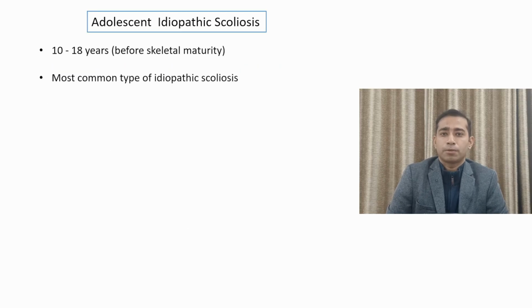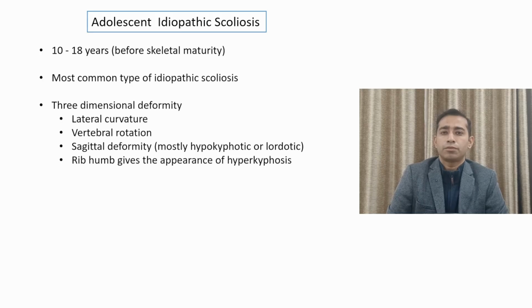Adolescent idiopathic scoliosis presents between 10 to 18 years of age and is the most common type of idiopathic scoliosis. It is usually a three-dimensional deformity. The three dimensions are lateral curvature, vertebral rotation, and sagittal deformity, which is mostly a hypokyphotic or lordotic deformity. The rib hump due to vertebral rotation gives the appearance of a hyperkyphosis, but in reality, most of these deformities